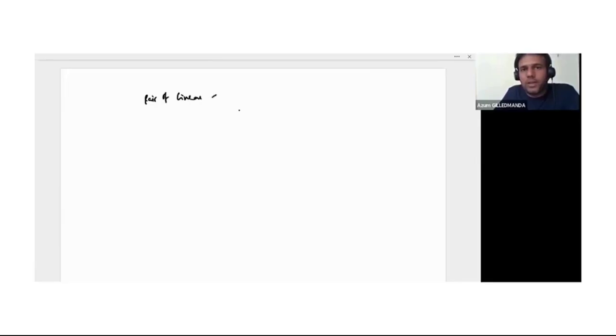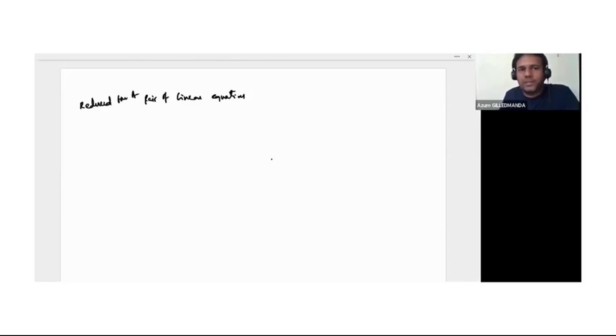The pair of linear equations, that is the reducibles. There are two equations that can be reduced into a pair of linear equations. So we can say reduced form of